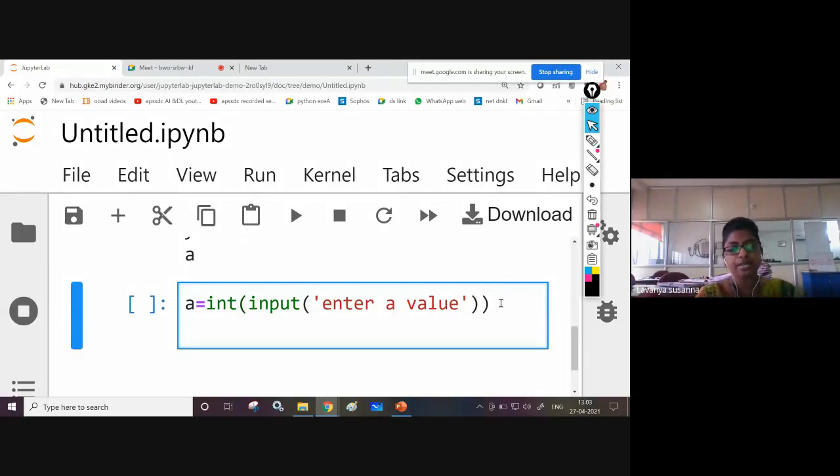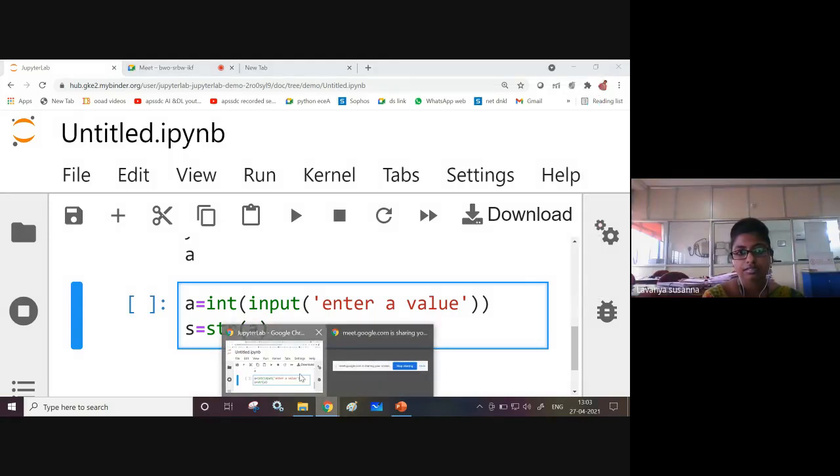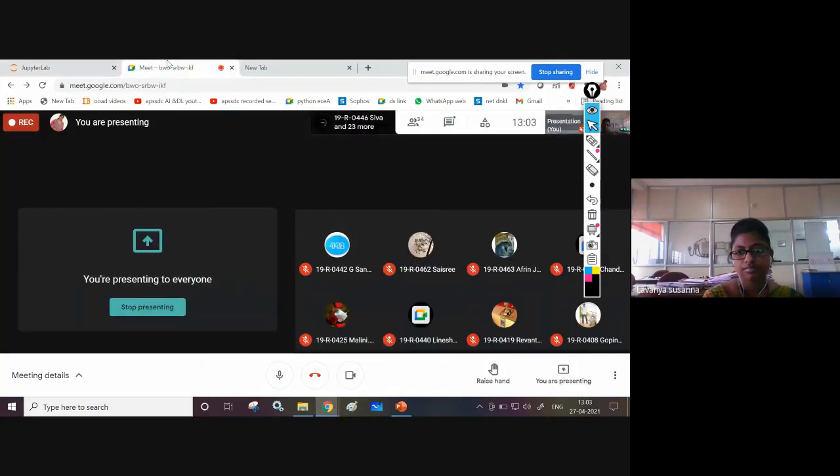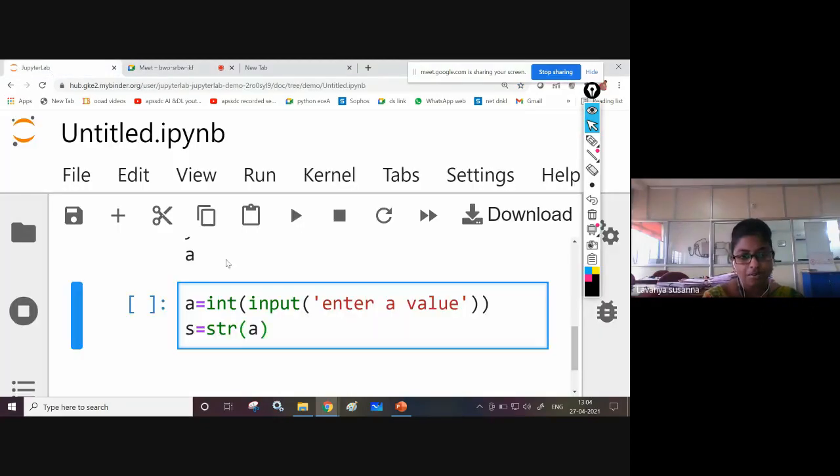Now see here what I am doing. I am converting this integer into a string: s equal to str of a. If you want to convert anything into a string, you use the str function. I'm going to give 123 as the input.